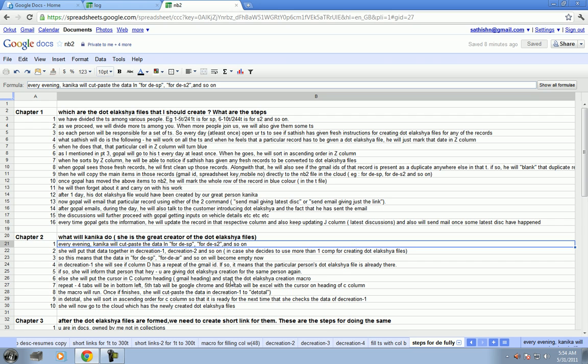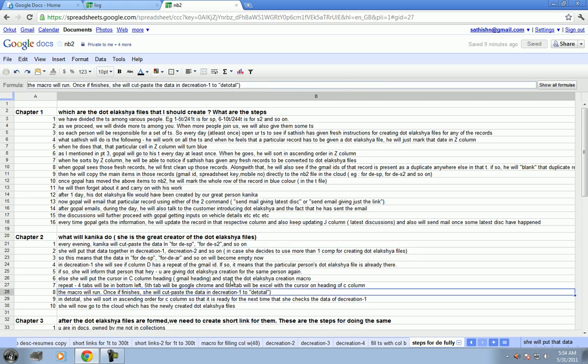Correct? No, Gopal? We are supposed to do that, right? So if D creation is moved to D total, it means that they are old files. Why that is the case is that it will prevent us from duplication. Because the minute I move from a DES to D creation, it will compare each of the Gmail IDs against the Gmail IDs in D total, and if one is there, it will give a trigger. Otherwise, you can go and create. So this is what Kanika will do.